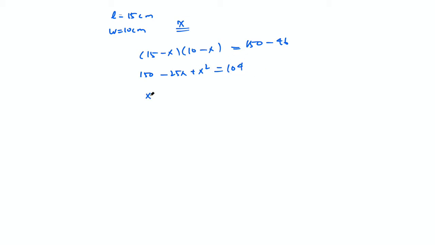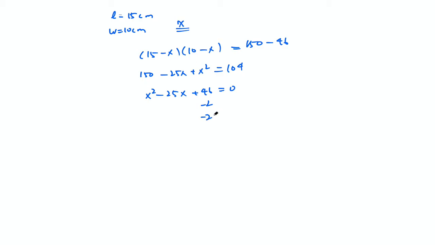Bring everything to one side and you get x squared minus 25x. 150 minus 104 will just give me 46, so this is plus 46. But you can factor this. You can use the quadratic formula as well, but you'll end up choosing the values of minus 2 and